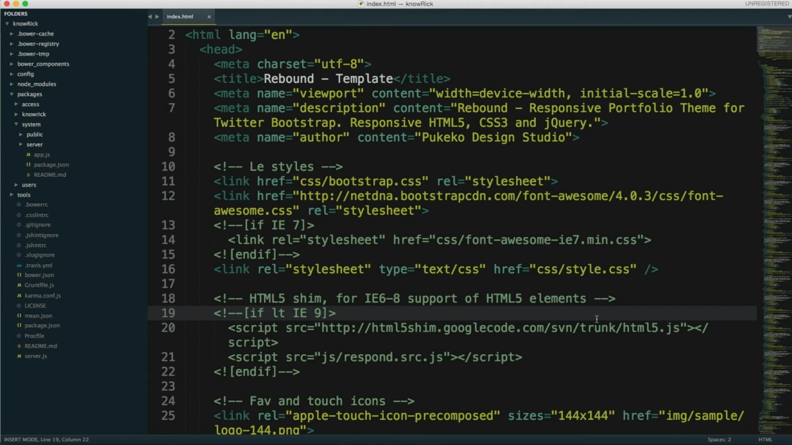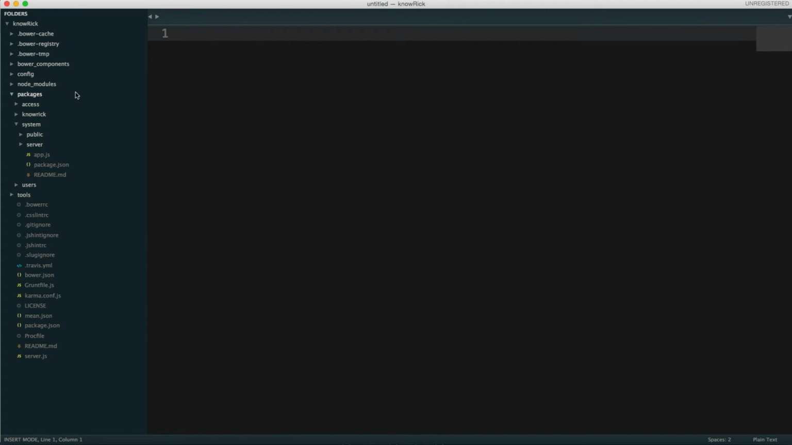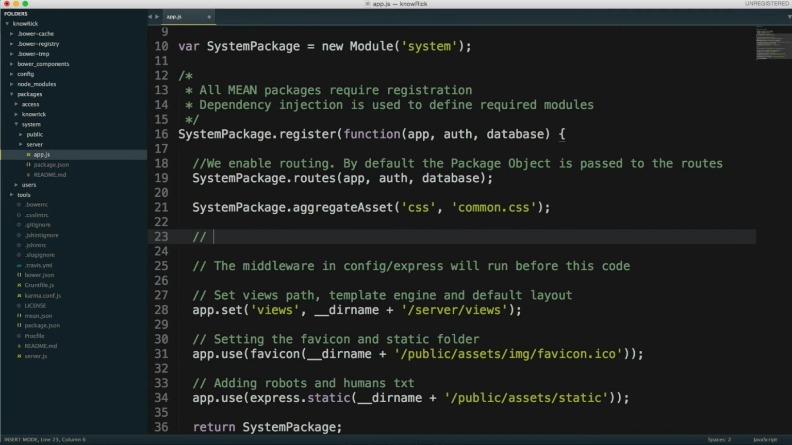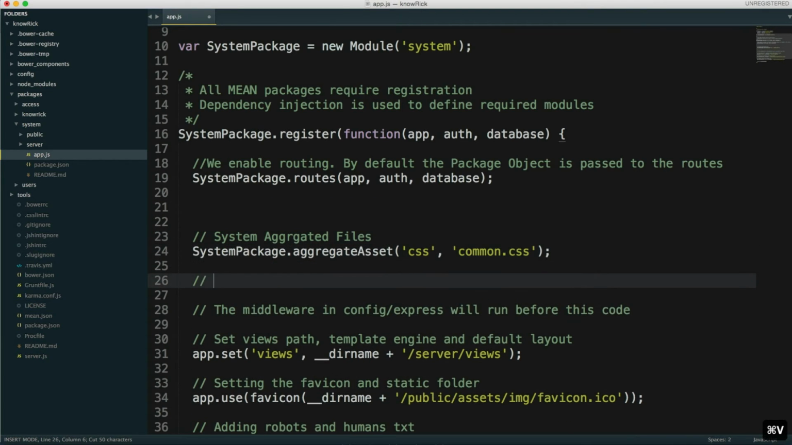Alright, so now we need to tell our application about these files that we went ahead and added into the application. And the way you do this is you go under System, and then you're going to go under app.js. And here's where we are aggregating our files. So probably you want to do something like this. System aggregated files, and here's where we're going to put in our system ones, and then we're going to say lib aggregated files. So let's go back over here, grab this,